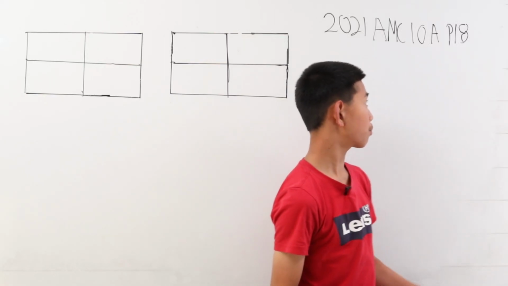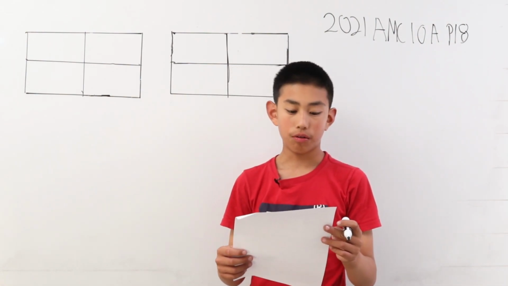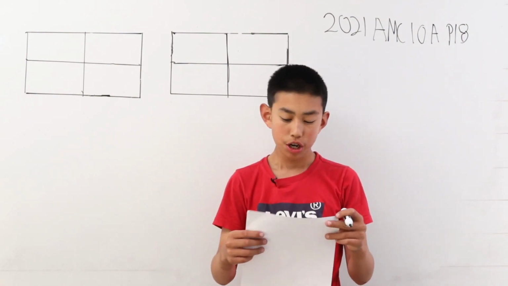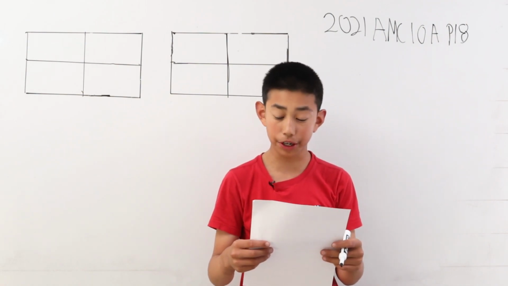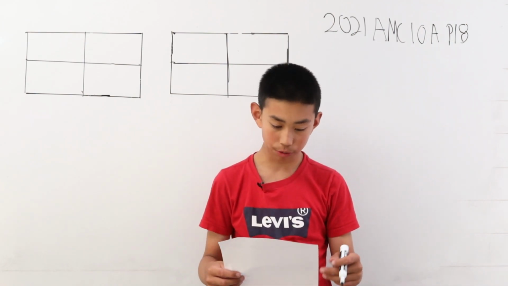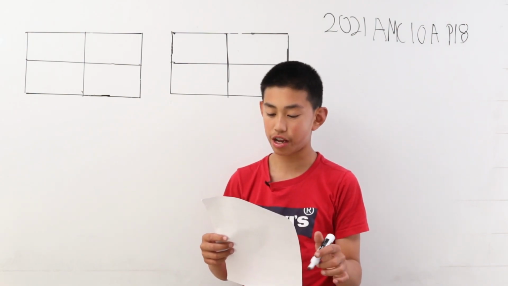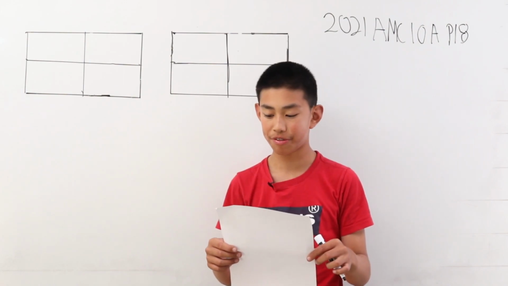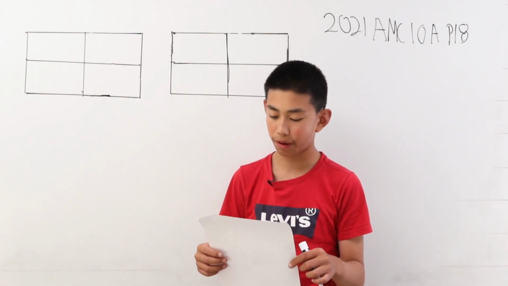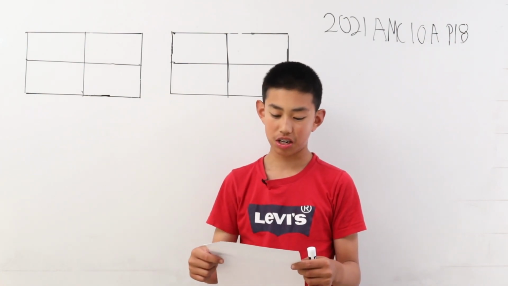Today, we're solving problem 18 from the AMC 10A of 2021. A farmer's rectangular field is partitioned into a 2x2 grid of 4 rectangular sections as shown in the figure. In each section, the farmer will plant one crop: corn, wheat, soybeans, or potatoes. The farmer does not want to grow corn and wheat in any two sections that share a border, and does not want to grow soybeans and potatoes in any two sections that share a border. Given these restrictions, in how many ways can the farmer choose crops to plant in each of the 4 sections